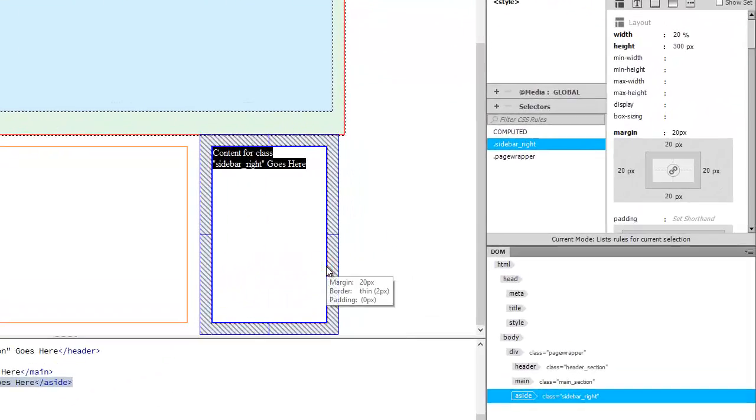So let's see what happens there. Right now I have a width. If I select my box and go to my CSS Designer over here, I can see it has a width of 20%. If I click here and with my arrow keys on the keyboard, if I press up, it goes up by increments of 1. If I end up making it too high,